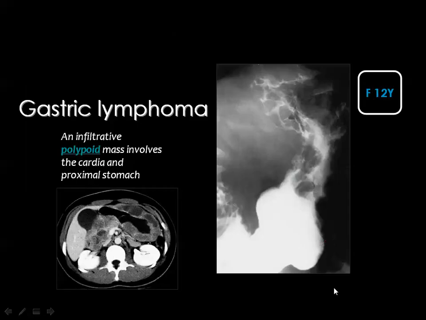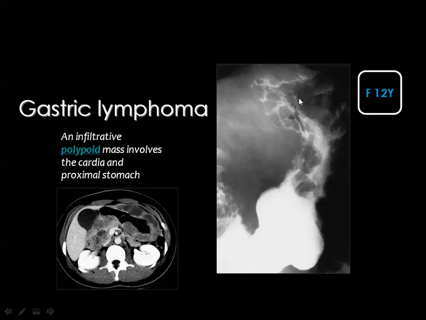And finally, tumors of the stomach are a little bit rare in children. The well-known common lesion is gastric lymphoma, and lymphoma will infiltrate the gastric wall, resulting in diffuse marked mural thickening. It may be associated with lymphadenopathy in the retroperitoneal area. Whenever you have a barium study and you get marked thickening of the gastric mucosal folds, reduction of the gastric capacity, and irregularity of the outline,